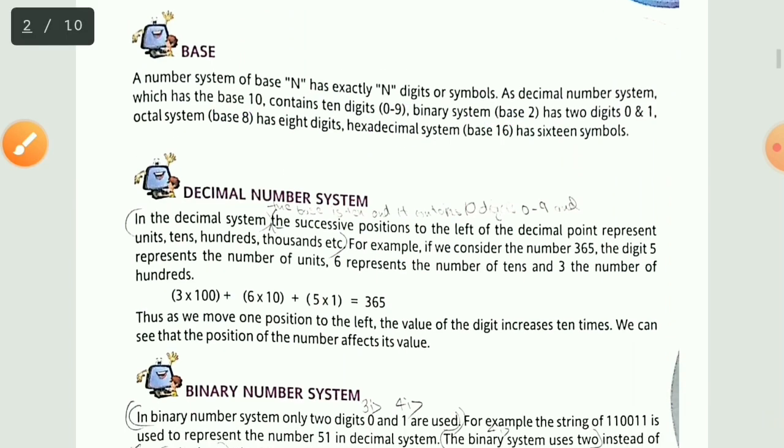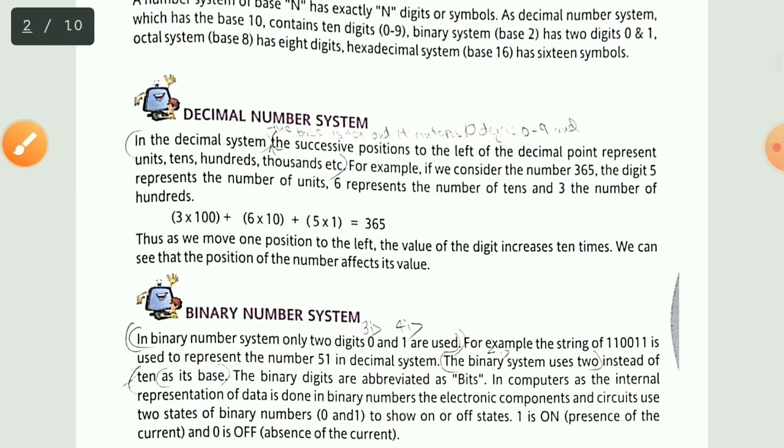Now starting with the first type of number system, that is the decimal number system. Now see students, in your basic day-to-day mathematics you are using these numbers. Those numbers are the decimal number system. These are very popular; we use them in our day-to-day life. Now let us study more about them. In the decimal number system, the successive positions to the left of the decimal point represent units, tens, hundreds, thousands,